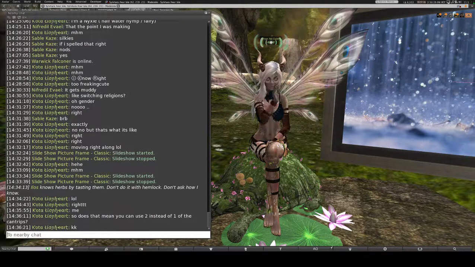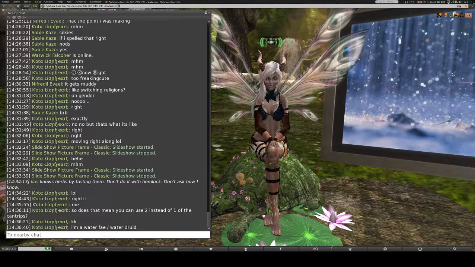If you're a druid playing a different element as your base element, typically, if you're an earth-based fae, you're going to want to be an earth-based elemental druid, because you are going to be very, very strong. Yes. As you grow in your power as a druid, as a water fae and a water druid, your power for water is going to be exponential.